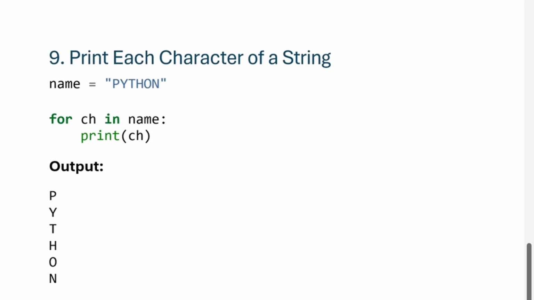Next, print each character of a string. This is given, name equal to Python. You have to write each character. Then only, for ch in name. Name is the variable, or you can write for ch in directly double quotes. Instead of name, we can write Python directly also in the brackets. Then print ch, the variable, print ch, then it will print one character in every line, each character line by